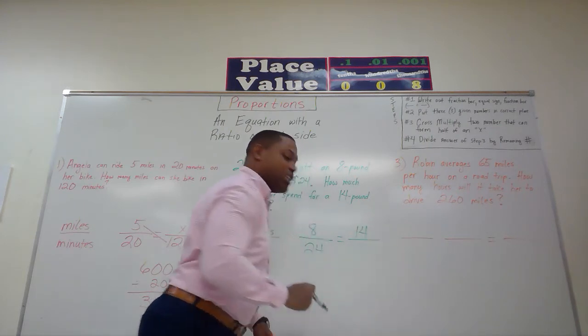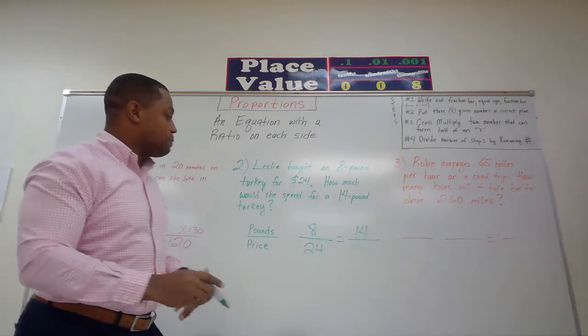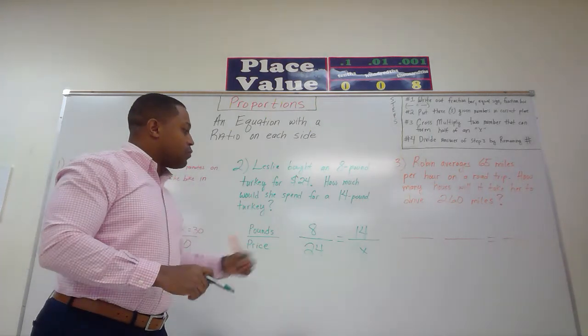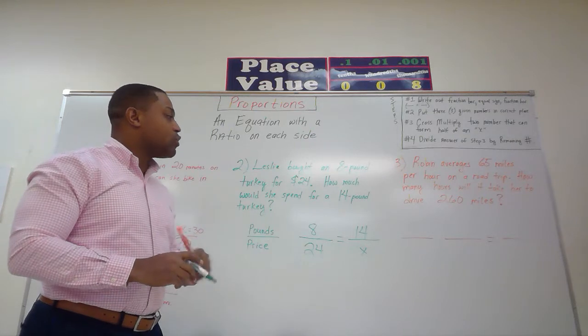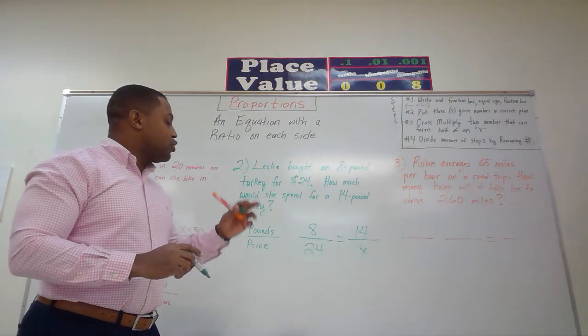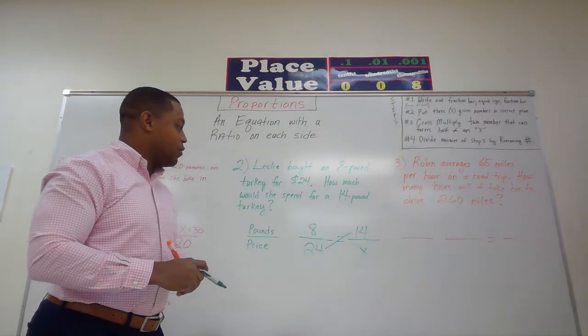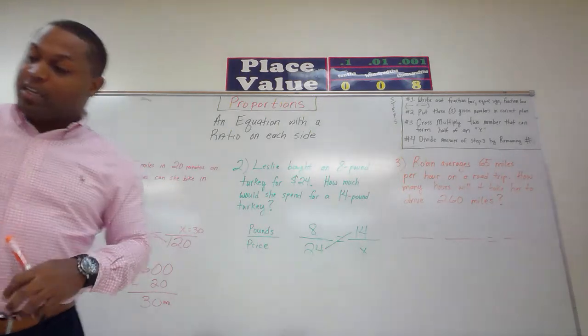Thanks for that subject line. I'm going to make sure I put that on the pounds line. And this is what we're being asked for. Just like in the previous question, once we get all three numbers in the correct spot, we're going to cross multiply the two numbers right here, that can form half of an X there, and 24 times 14 is